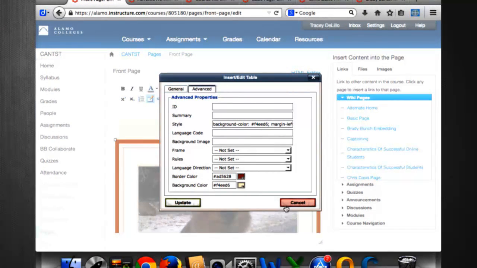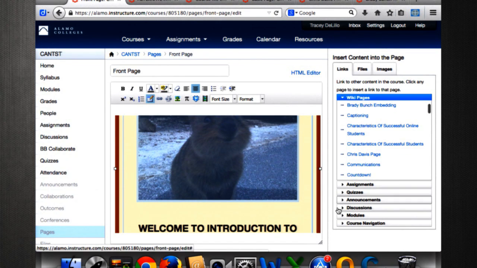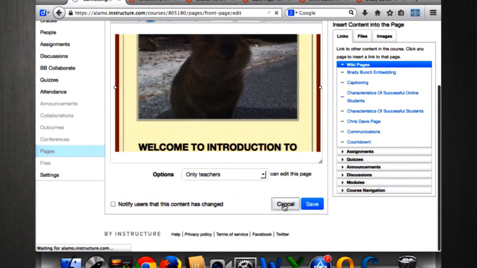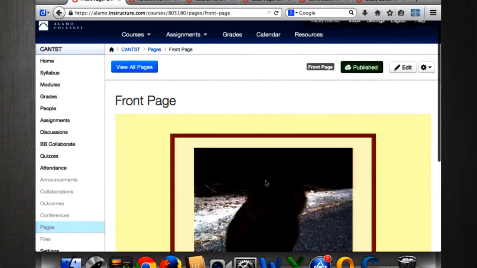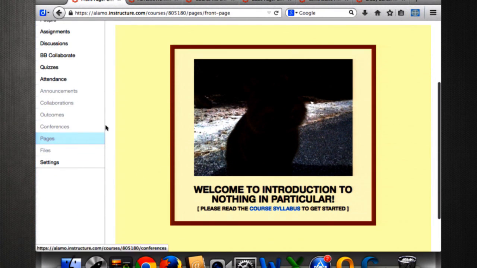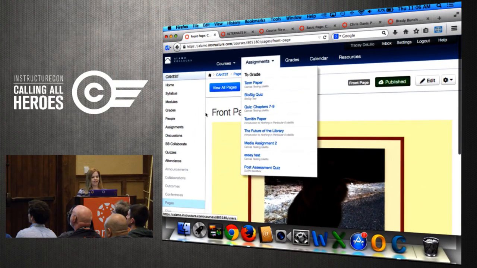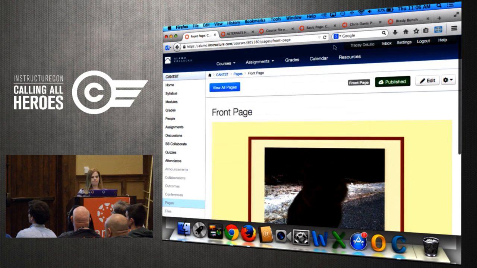And then I just took the content that I already had there and copied and pasted it into that table and just made it look a little bit fancy. I know this is not awesome, but again, this is a tip for people who don't want to know HTML. Speaking of HTML, let me find where I need to go next.